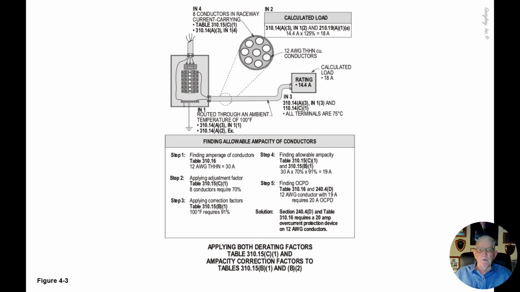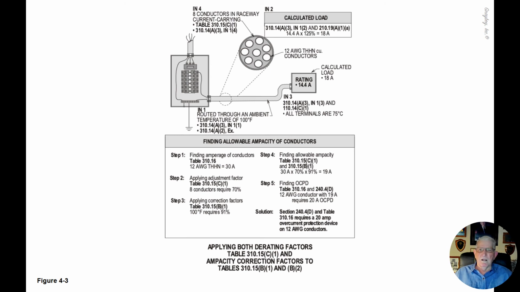Now, item number 3, we're applying 310.14A3, informational note 1, item number 3, as well as 110.14C1A, because the overcurrent device rating is less than 100 amp in rating. Now, all terminals listed there are 75 degrees C, so that means we can use the 75 degree ampacity column in our table